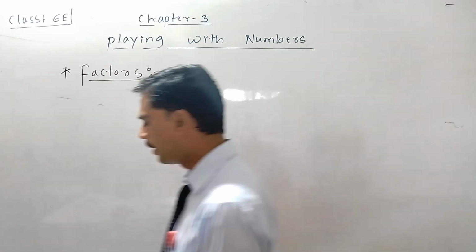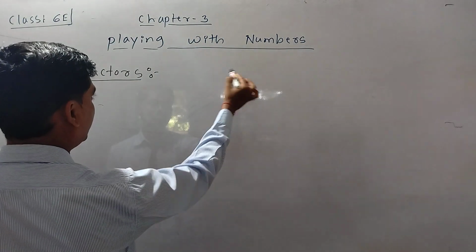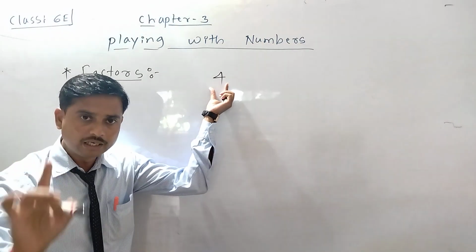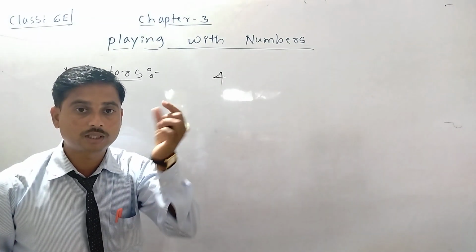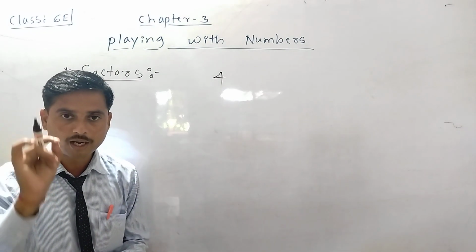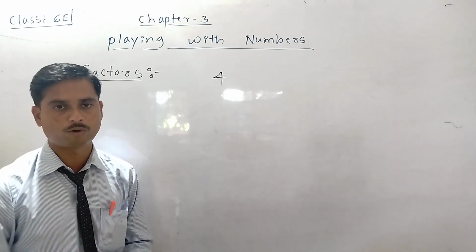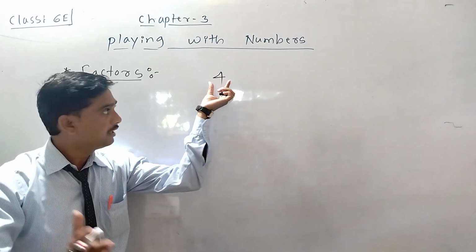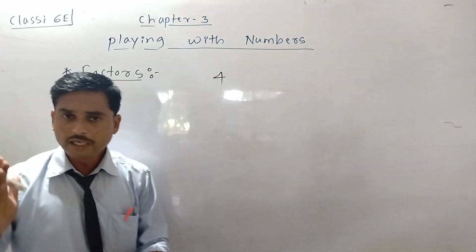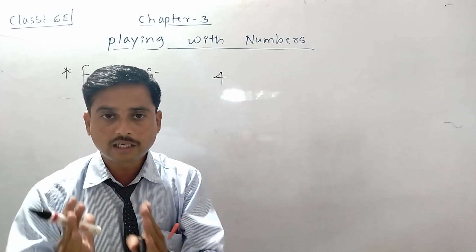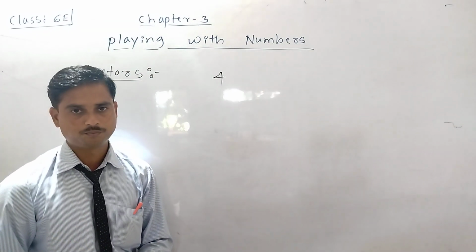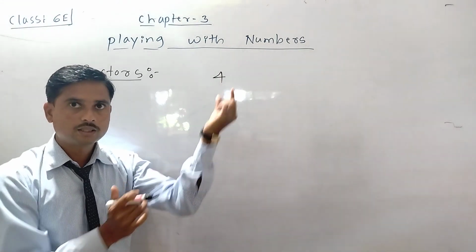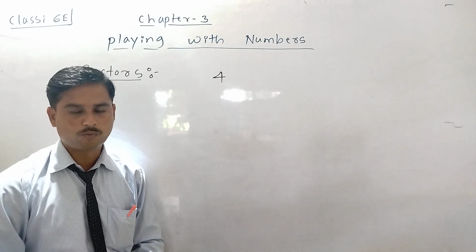Remember, dear students, now I am going to discuss with some problems. Here I wrote 4. Which number is completely divisible by 4? You have to search for it, because you should know the tables by heart. Tables are very important. Completely divisible means that the remainder should be 0. You have to divide with 4. You take 2's table, which has 4.